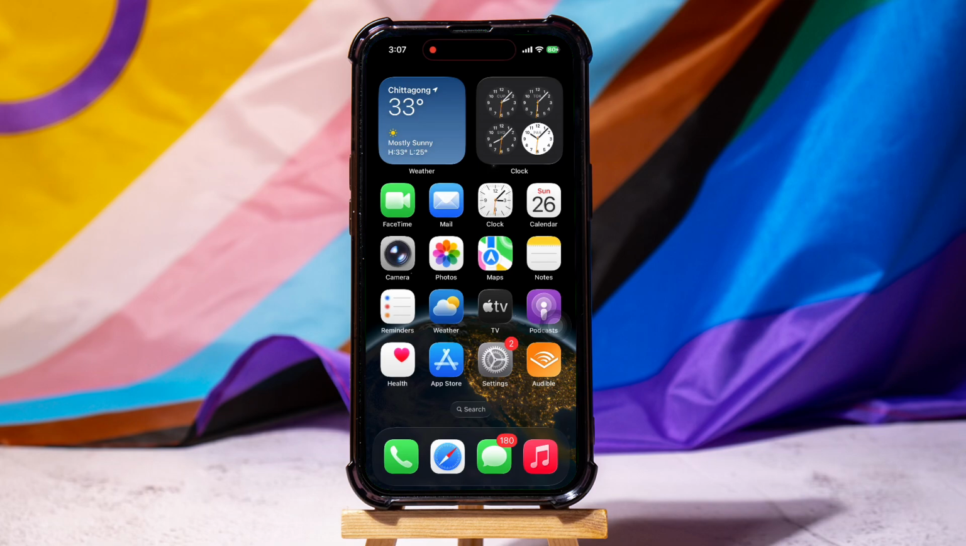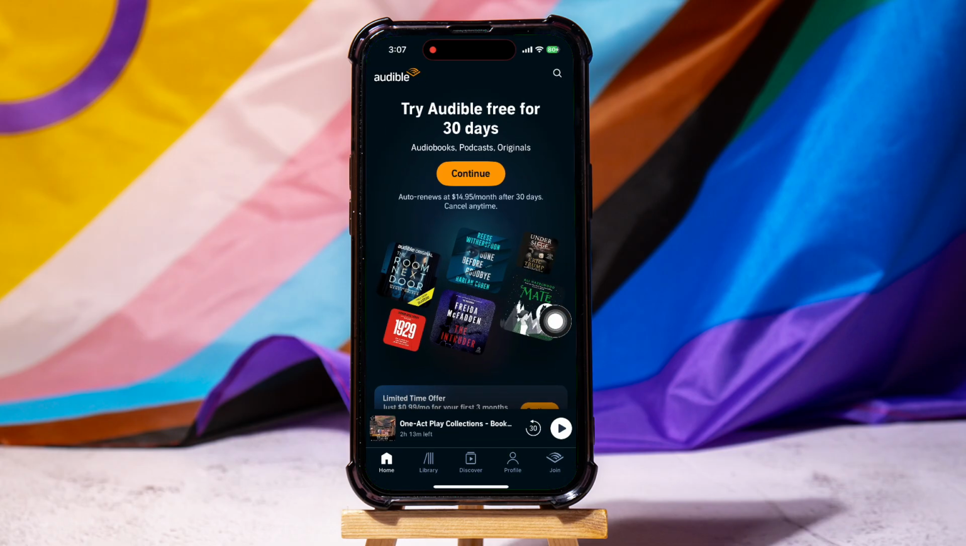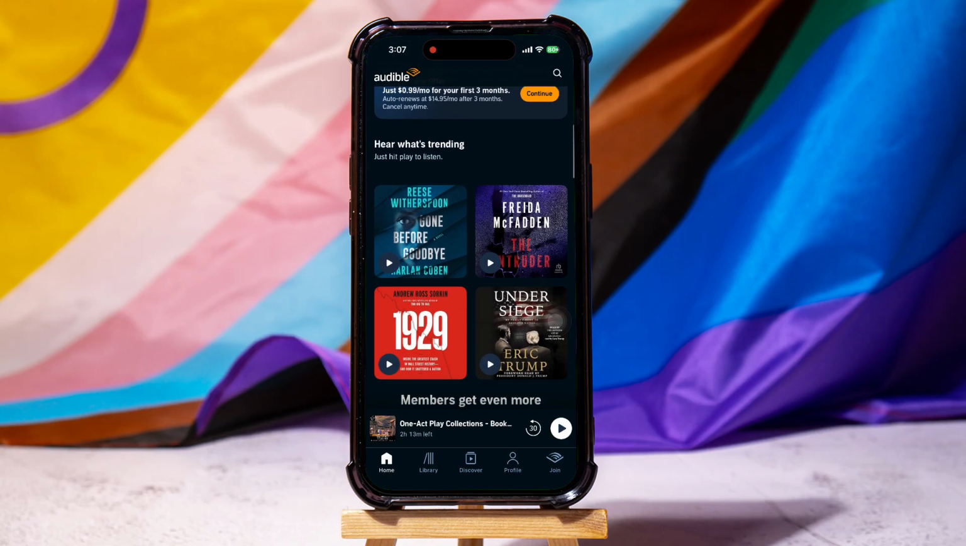How to use the Audible app on iPhone. To get started, first of all, open up the Audible application. As you get there, you'll see personalized recommendations, a continuing playback section, and categorized content based on your listening habits